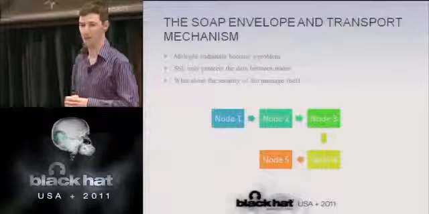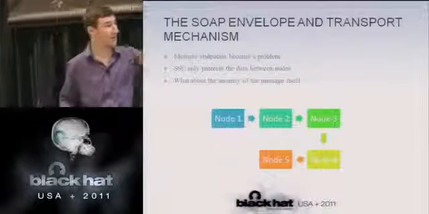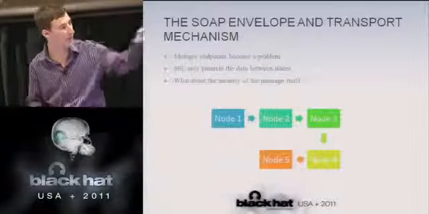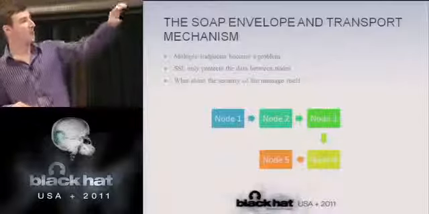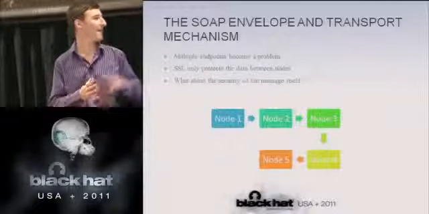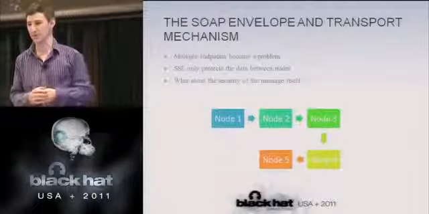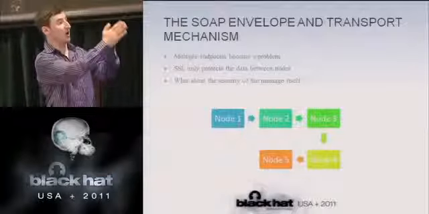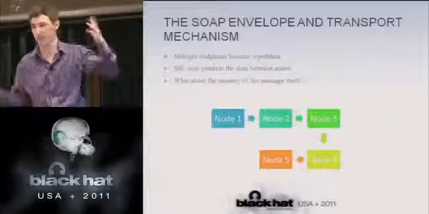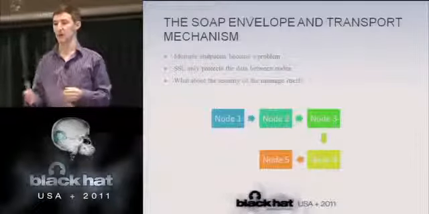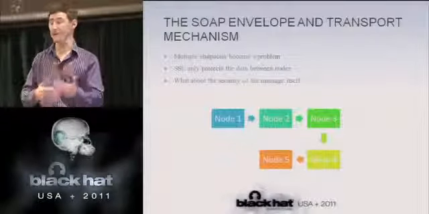We can't go through every attack vector in depth, but on the next slide you can see these various nodes, so node 1 and node 5 right there. If you're communicating between these different endpoints, there's no form of assurance you can provide. If you're only using SSL between the nodes, it only protects the information in transit, so it doesn't do anything for the data once it's on a particular endpoint. A SOAP request goes from node 1 to node 2, node 3, and keeps going. If you have a malicious user at one of those intermediate endpoints, they could potentially modify the data, retransmit the data, that sort of thing.